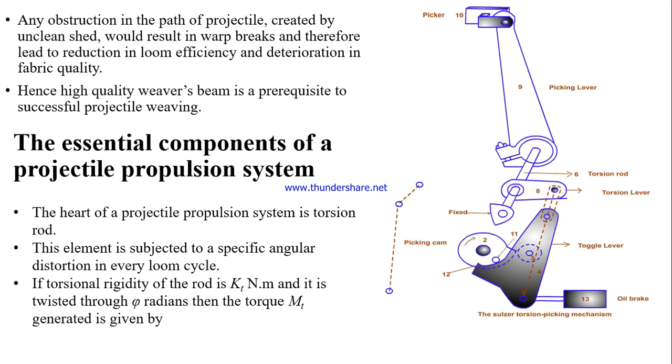So that's why a good quality warp beam is required so that the clear shade can be produced. That is not very important in case of shuttle weaving. Production of a good quality warp beam is not required in case of shuttle weaving, because there the larger shade is required, and the shuttle will always traverse across the shade with friction with the warp ends.